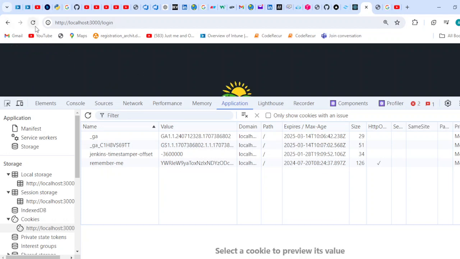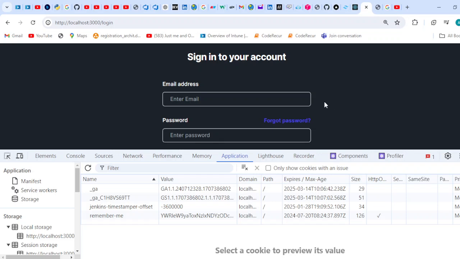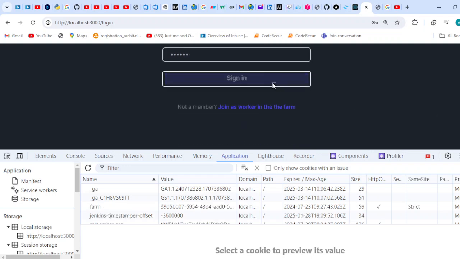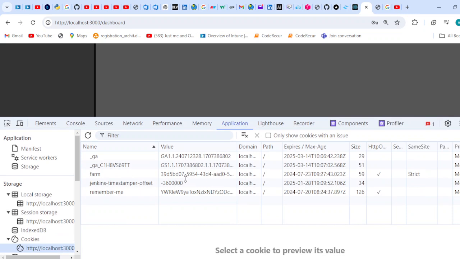Now we are in the login page and let us enter our credentials, for HTTP only to be true for now. But in our production, I think that HTTP only has to be true and secure to be true in production environment. Please note it for security reasons. Hacker can get you if you don't set your cookie very well. So now our cookie is set, it's working